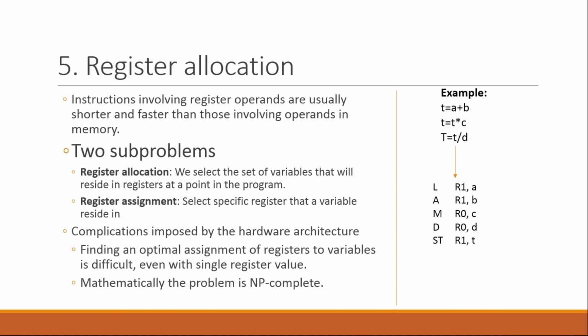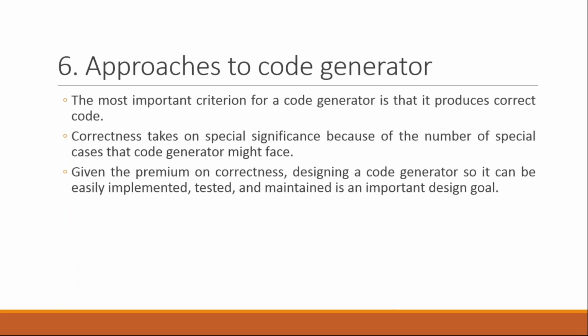The sixth issue is approaches to code generation. What are the approaches to code generation? It is a most important criterion for the code generation process. Why is it required? Because the correctness of your program and the correctness of your design are critical for our target code. So the implementation, the testing process, and the actual code generation are the major approaches, or the major problem, of my code generation process, right?